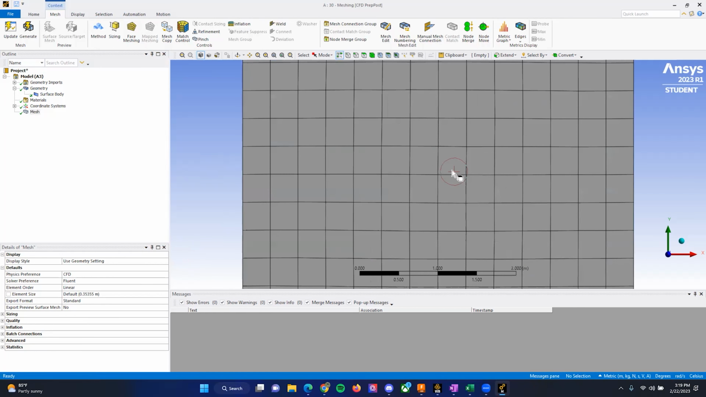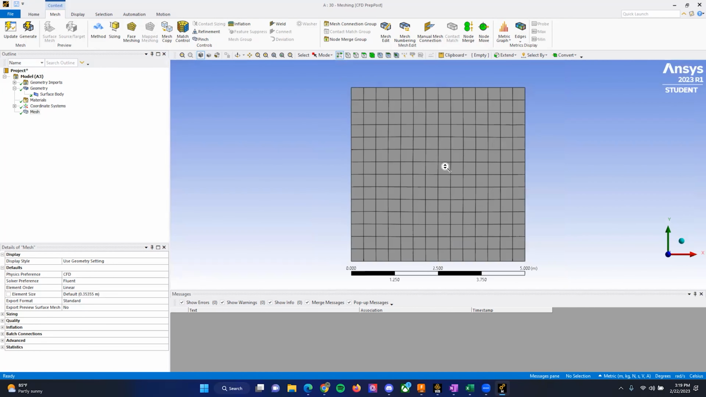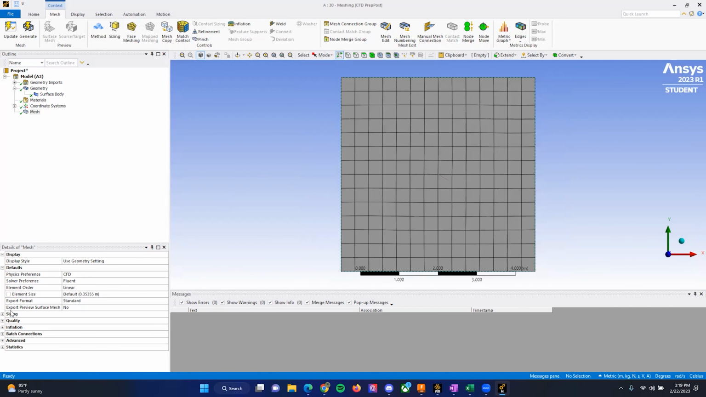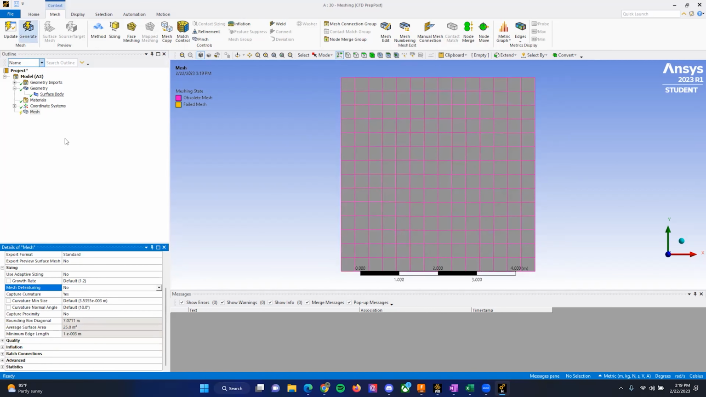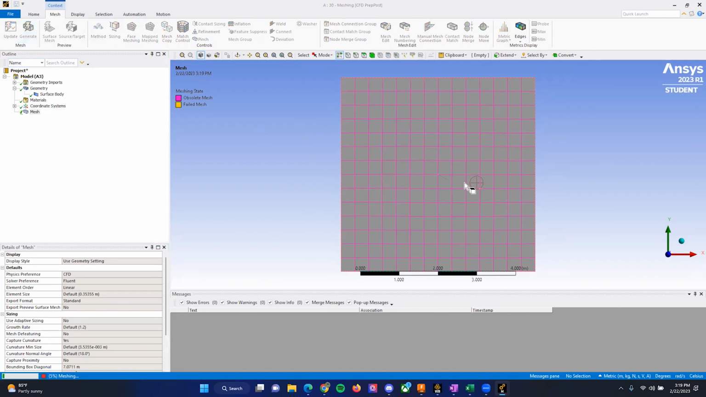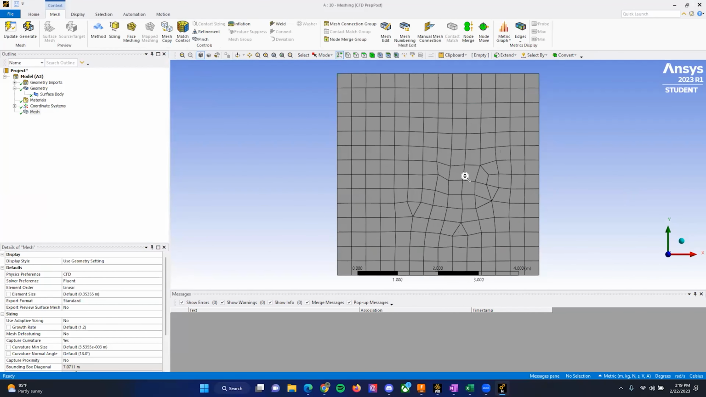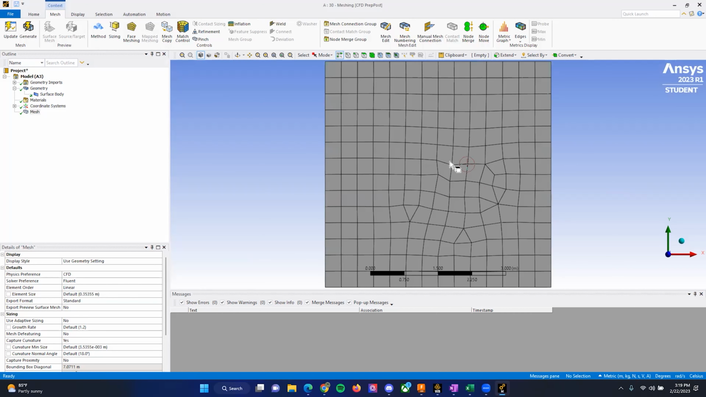And you can see that our plate is no longer there. So to fix that, we're going to need to go down here to details and mesh. And we're going to turn off mesh defeaturing. It's there, but you can see it's really weird now. We can select